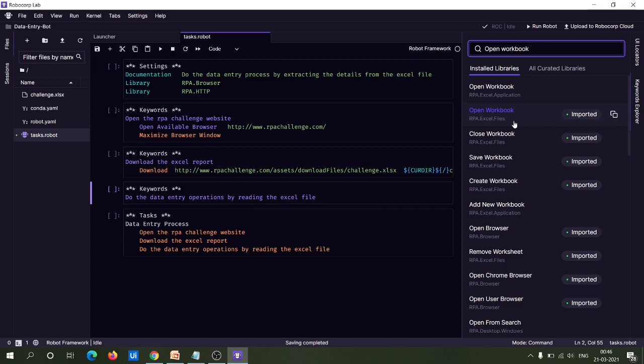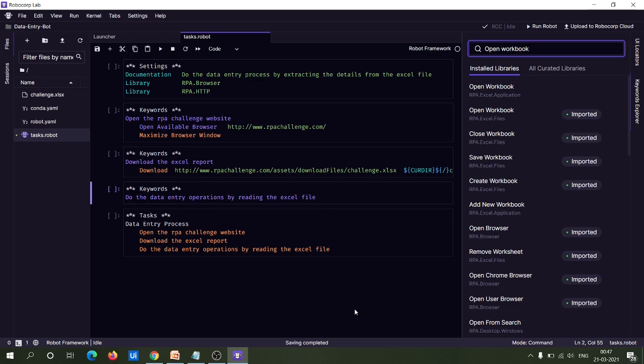So what is the difference between these two libraries? The rpa.excel.application library requires Excel to be installed in our system, and rpa.excel.files doesn't require that Excel be installed in our system. It is actually optional.